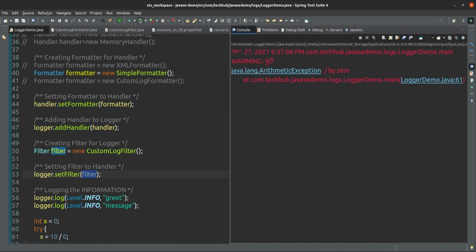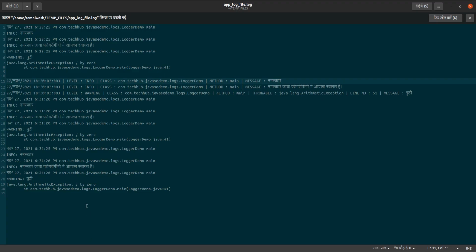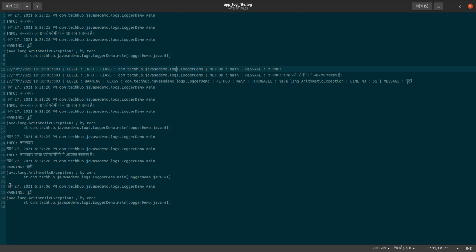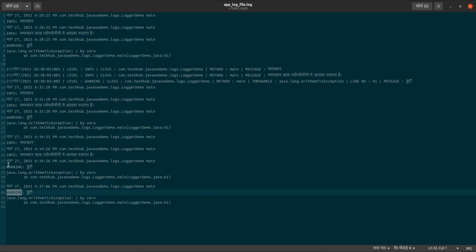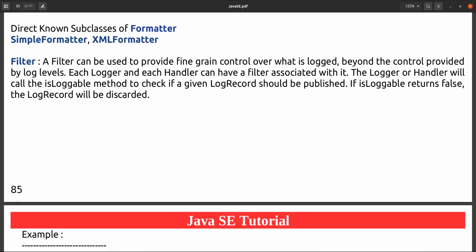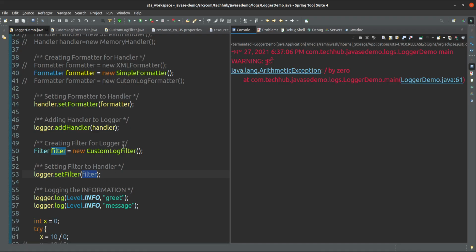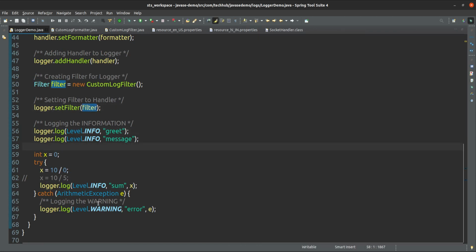And if I run this one, you will see line number 30 is already there, then 31. After 31, how many records came? Only one record came. Which one? Only the warning level log is coming. But before that, two info logs were also there, and they are not logging now. Two info and one warning should come, but they are not coming.